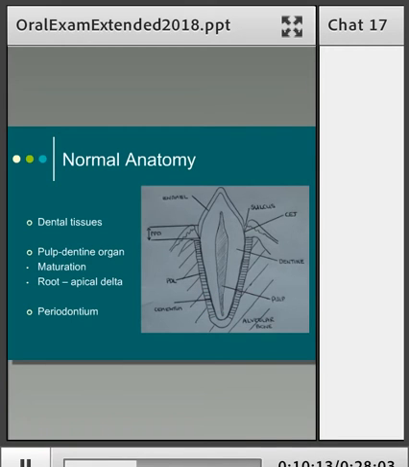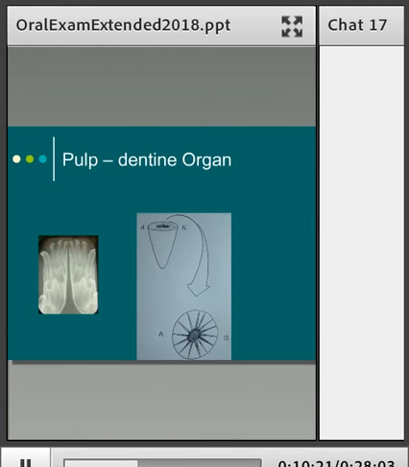So we have our pulp dentine organ central to the tooth, and then on the outside we have our periodontium, which we'll talk about a little further. Just go back to our pulp dentine organ and looking at how the dentine is formed and what goes on with the dentine,